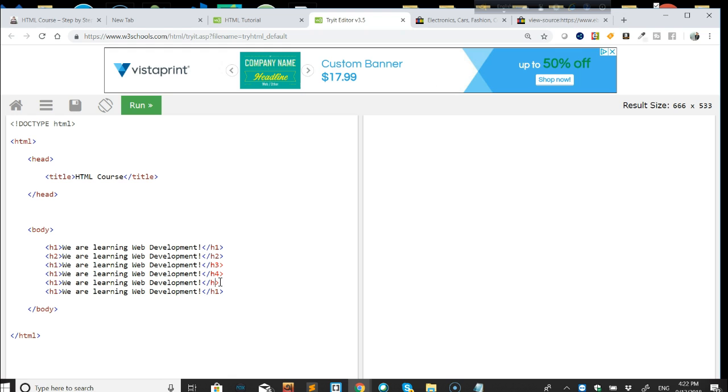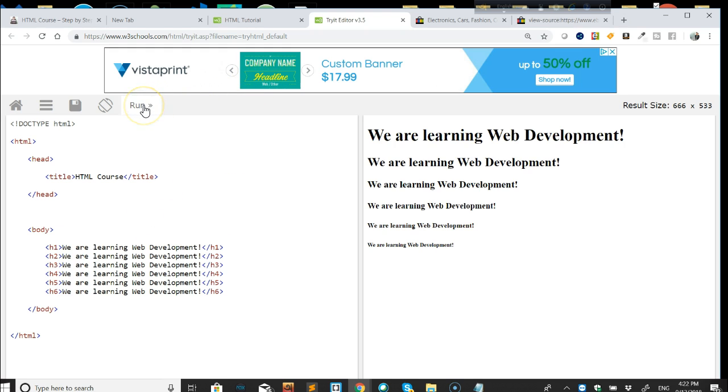h4, then h5 and h6, and same way we change here to h2, h3, h4, h5, h6, and just run the code and we can see the difference, how it is displayed: h1 tag, h2, h3, h4, h5, h6, and h7, right? Now, this is our heading. So